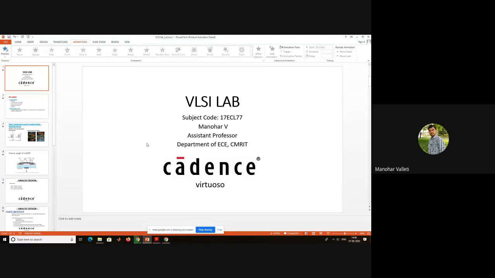So in VLSI fabrication in Fab Labs, when you are fabricating any circuit, how will it be fabricated? Let us say we take a circular silicon wafer, and different metals will be deposited, right? That process will be automated. For that automated process, we need to give a netlist to the machines, and that netlist will be generated by this Cadence tool only.